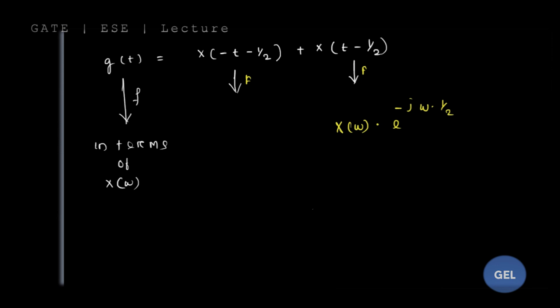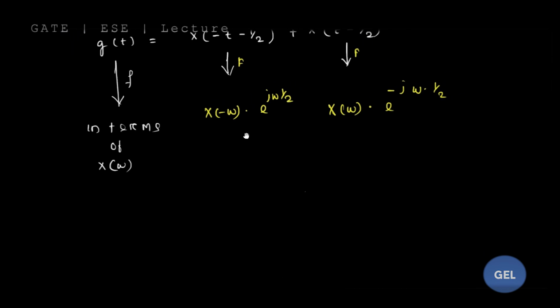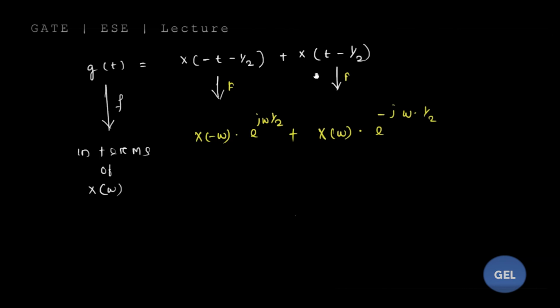Please remember the Fourier transform of this function will be nothing but x of minus omega into e to the power j omega by 2. Clear this concept? Now the answer that we got is nothing but the sum of both these expressions. So the g of omega that we got here is nothing but